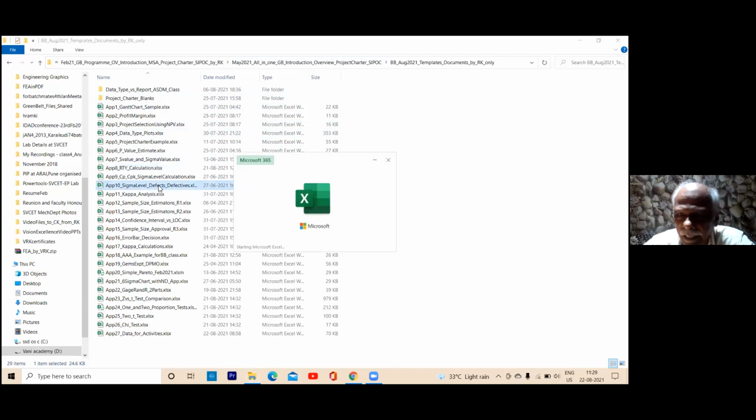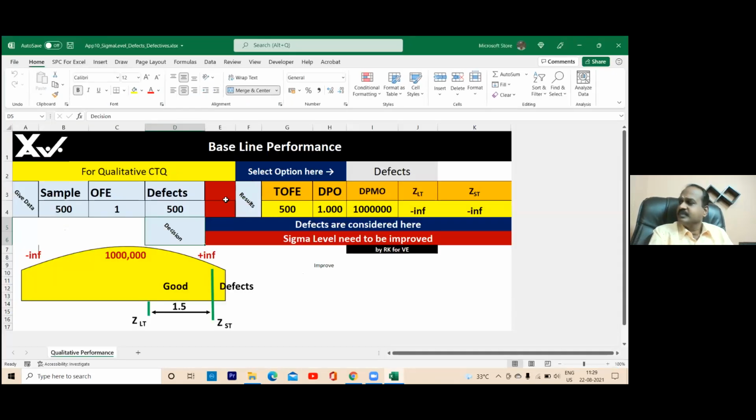I would have given a different name for you. For here, I'm giving. Clear? See here, I've always given an option also. You can choose which one you want: defects or defectives. We will see defects. If there are defects, there are 3 input values. One is the sample, and there is an opportunity for error for each one.